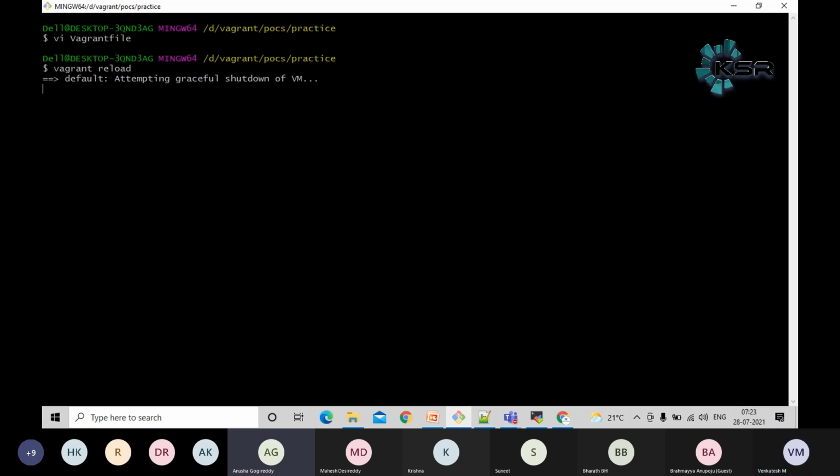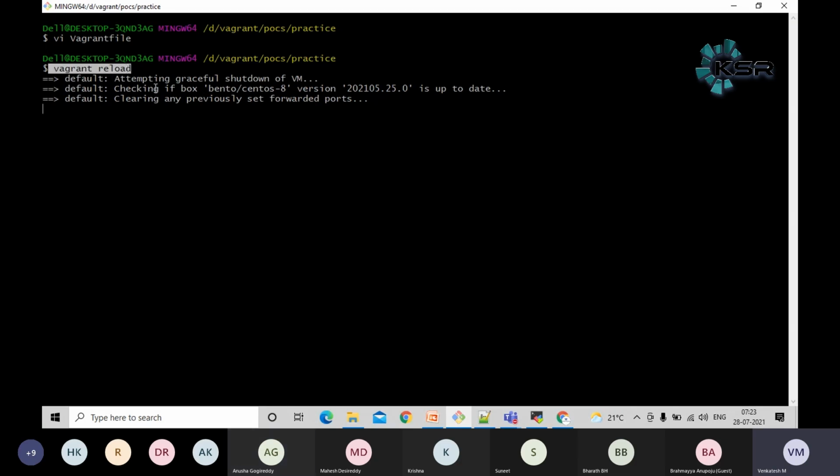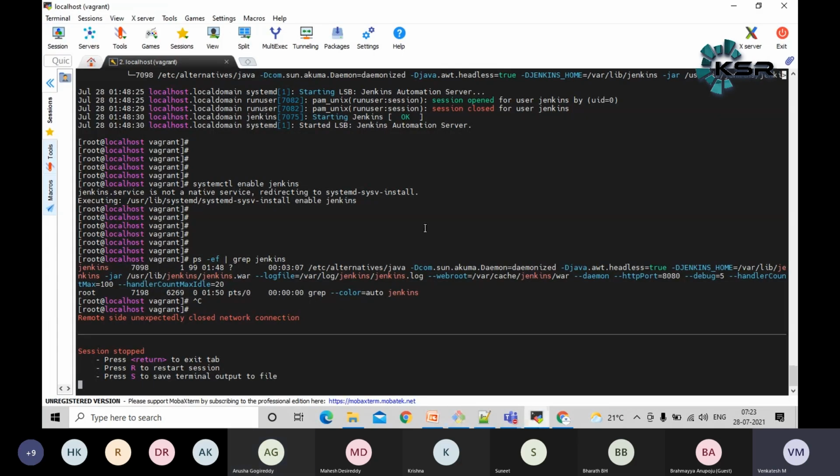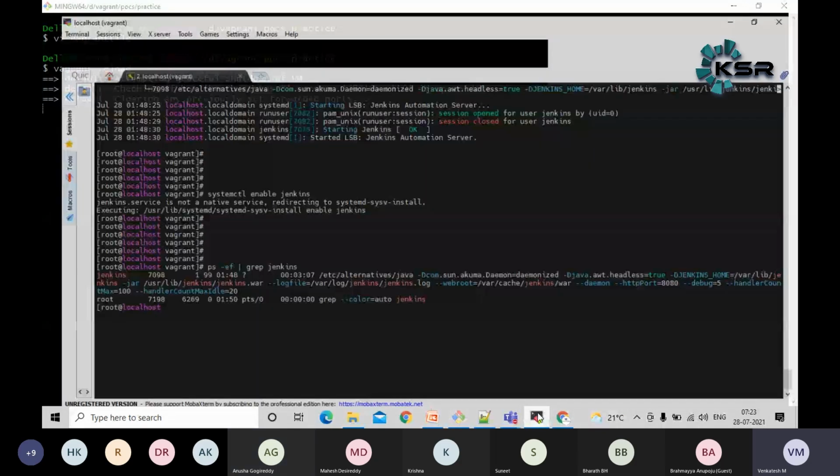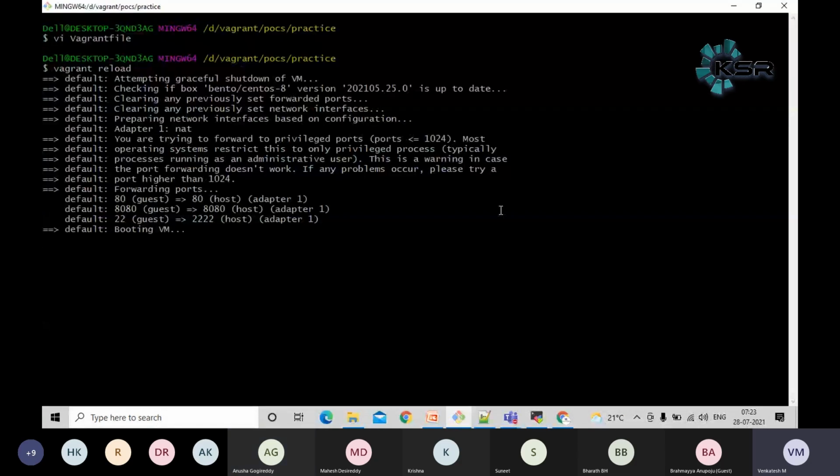I think you have installed Jenkins with the root user and suddenly you have moved to Dell user. No, sorry. This is my Windows machine. This is a Linux machine. This is Git Bash and I am reloading from here. Here I have the Linux session. Yeah, this is my host device. This is my guest device.